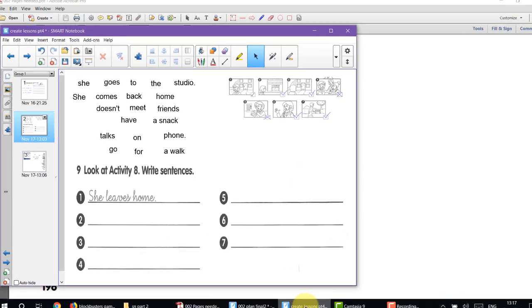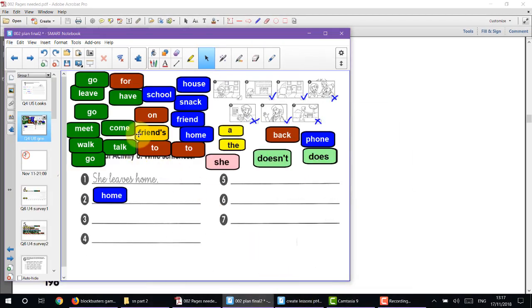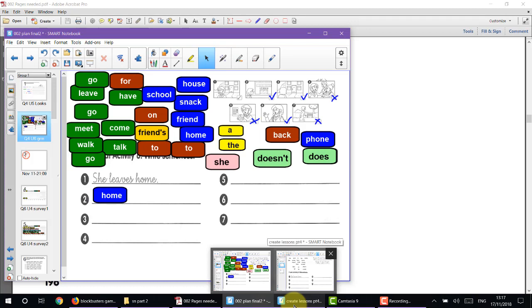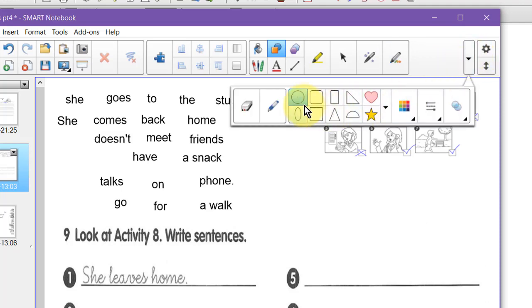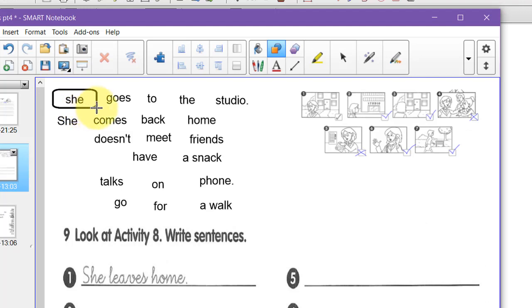If we look at the finished article, you'll see the letters are white and the background is dark on some of them. So I'm just going to show you how I did one or two of them, and then we'll fast forward to the rest. So what we do is we simply need to make a box background for each of these words. So I'll click here on the box background, and up will come a range of boxes. This one's the best. So I simply have to make the box shape